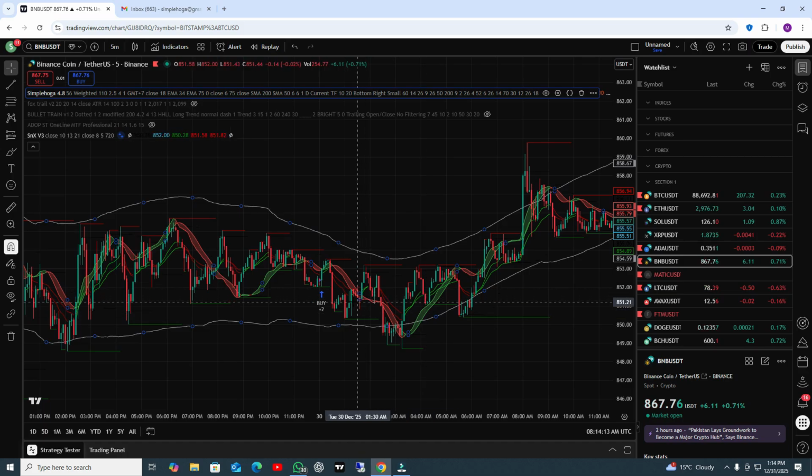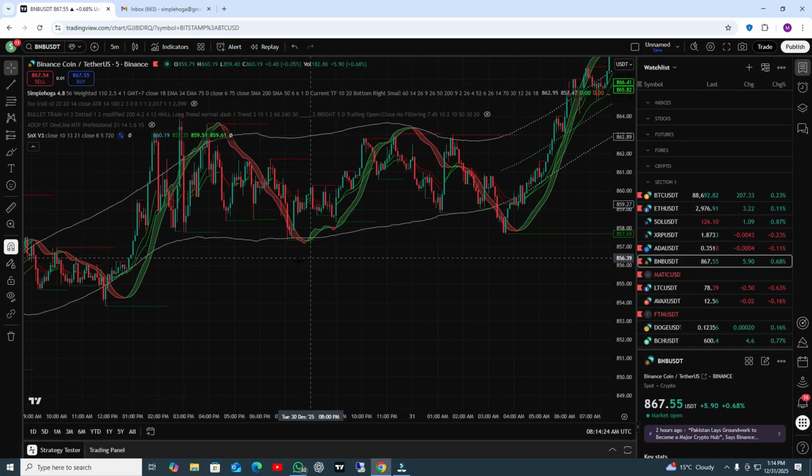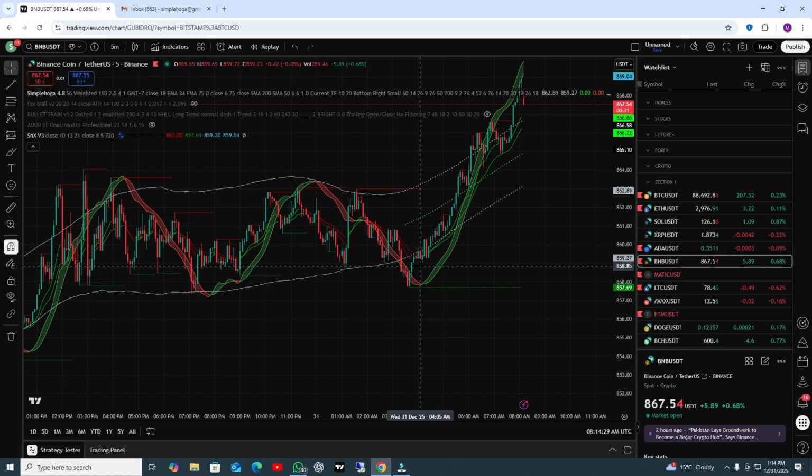After getting the buy position, we need to wait for the RSI to come below. Okay, let's find out. Here we got a buy position. Now this was the most recent buy signal, and amazing. When you got the position, the price was 859, 856, and you got 865. That is really awesome.